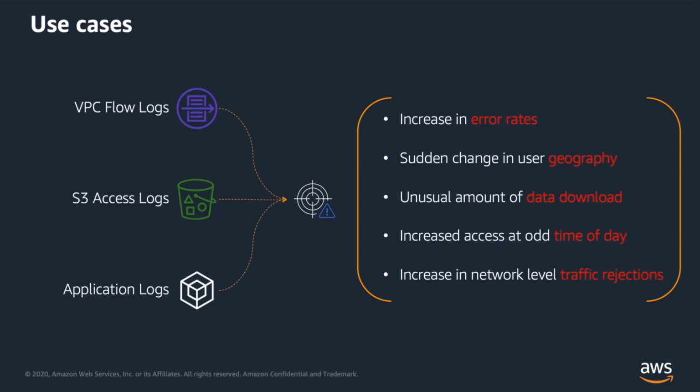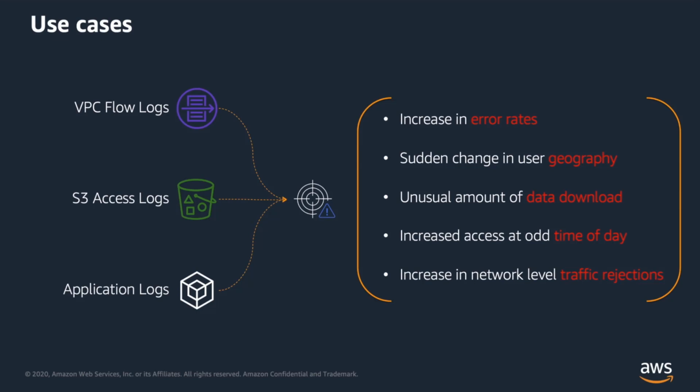Let's imagine you have VPC flow logs, you have S3 access logs, and you have your applications running in EC2 instances or containers, and all of those logs you're streaming into your Amazon Elasticsearch service cluster. Now, what are the few things that you might want to monitor proactively, and where machine learning based anomaly detection might make sense? A number of things come to mind, and this is not an exhaustive list, but